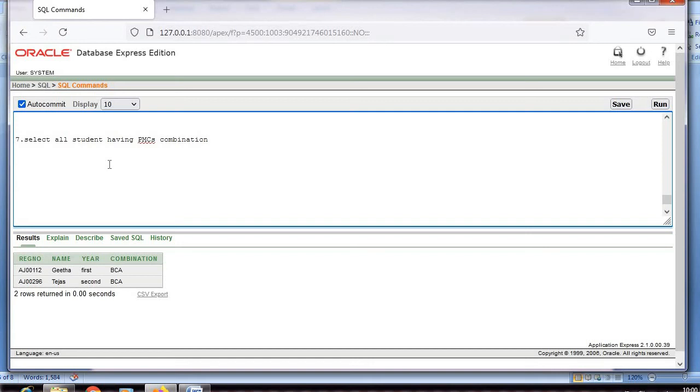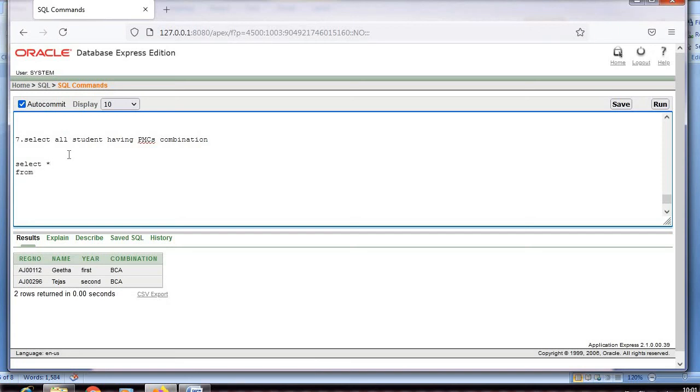The seventh query, they've asked you to select all students having PMCS combinations. So all students means they can be in physics or computer science, but their combination should be PMCS. When all comes, you have to make use of the union operation. So we'll write the query for that. Select all students, so I'll write star.